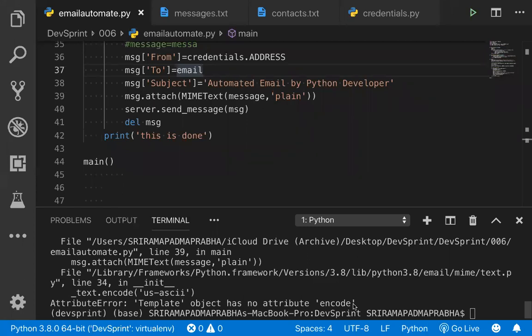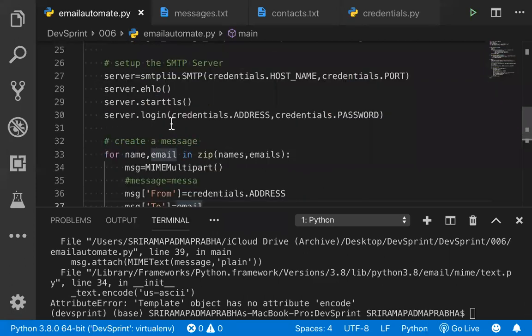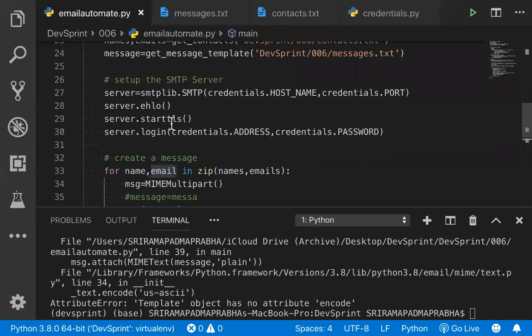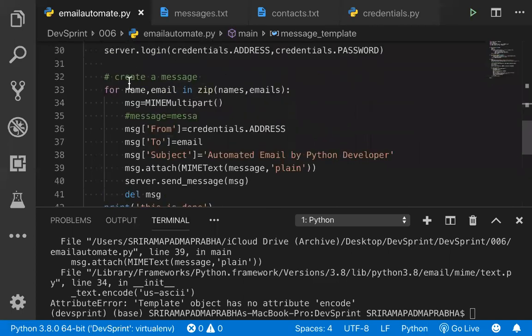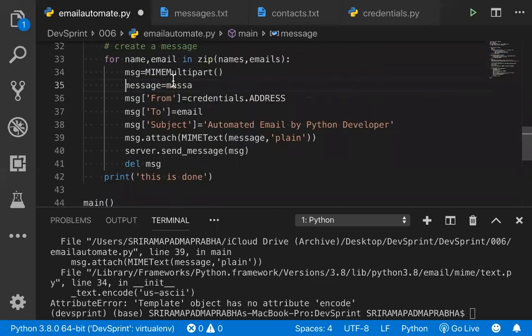We have to do something called substitute method we need to use. I'm thinking, yes, we'll go for something called substitute method. This message is the right. This is nothing but message. I will put something like this. I'm trying to fix this issue. Any object you can take, that's not an issue. So what I will do, this message, I will take this message template, this message template will have all the messages.